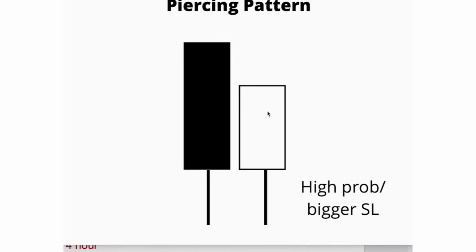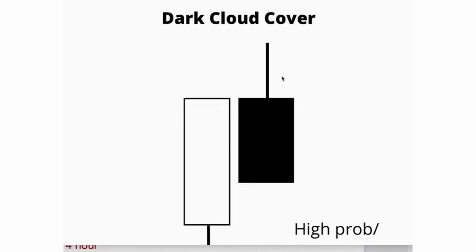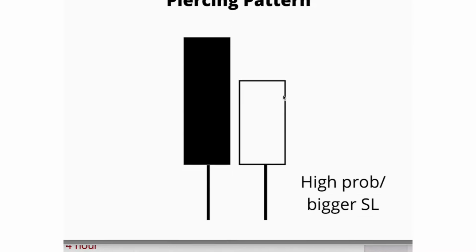It's a very high probability reversal pattern, but once again, we have a bigger stop loss. So the risk in terms of number of pips we'll be risking is high, but the probability of this being a successful trade is also high. And those two will play off against each other. And I'll try and do some basic sums, playing off the risks involved in terms of probability and the stop loss size. But in the same way as the preceding pattern, the dark cloud cover, our stop loss needs to be below the wick of this reversal candle, and our entry point will be on the close of this candle, which in this case is at the